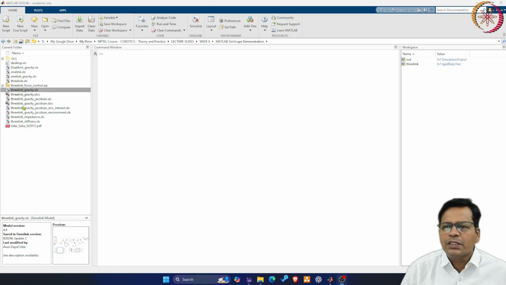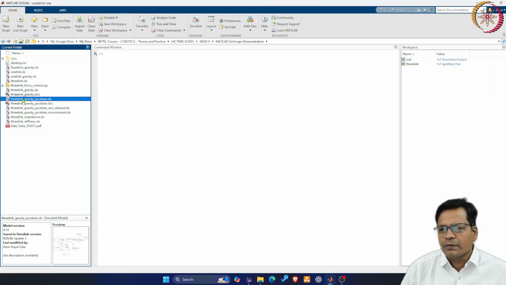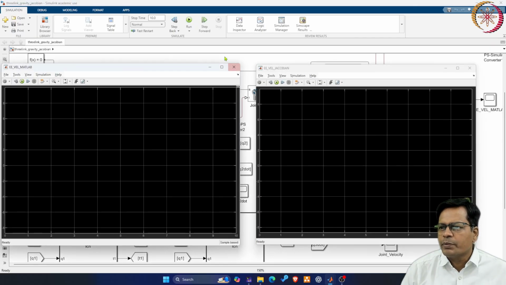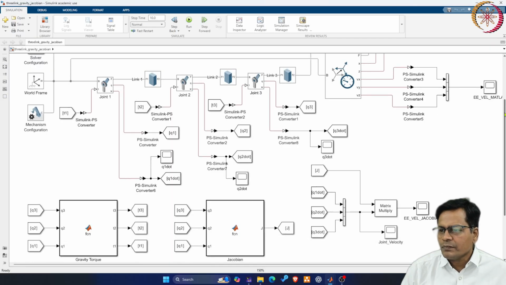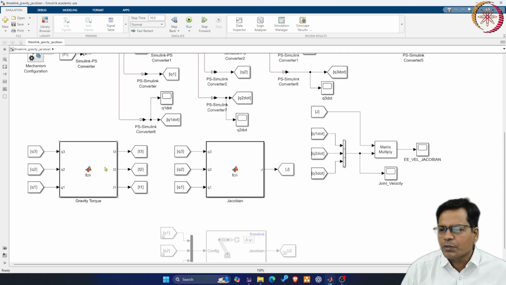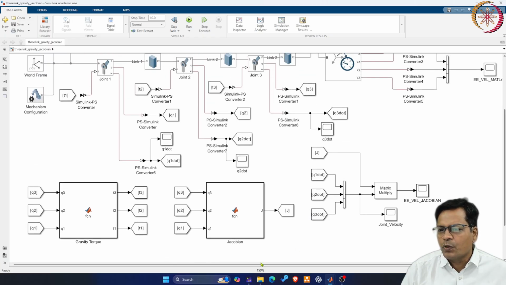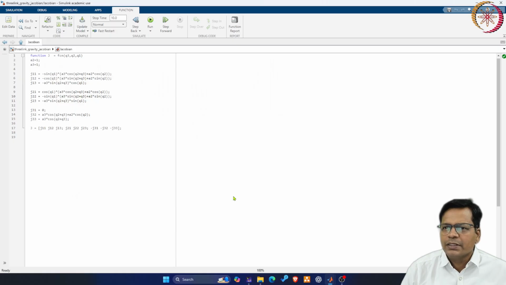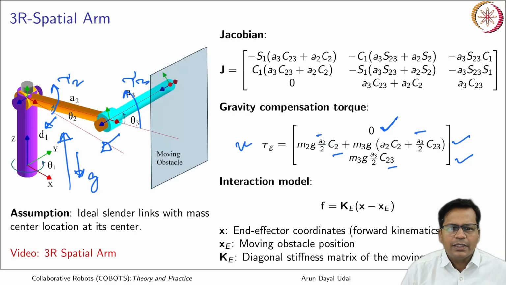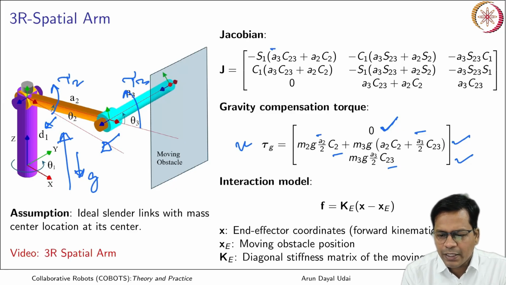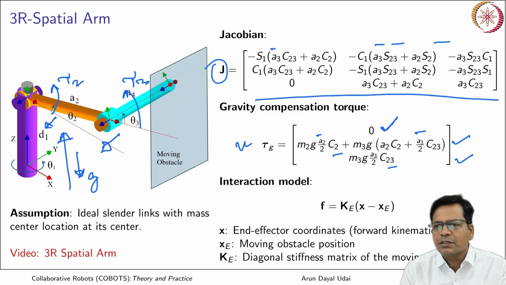Now I'll move ahead with the robot Jacobian. I'll do the Jacobian calculation once again. Gravity is over, I won't play with this anymore. Now I have coded the Jacobian. Inside this again I have taken input as Q1, Q2 and Q3, the joint angles. You know Jacobian is a function of joint angles. If you see here, it takes in the joint angles and link length.